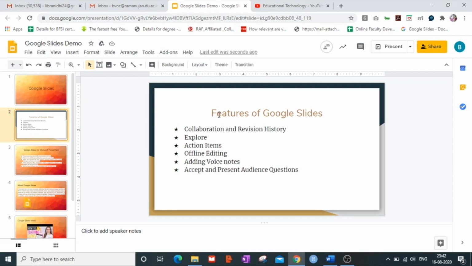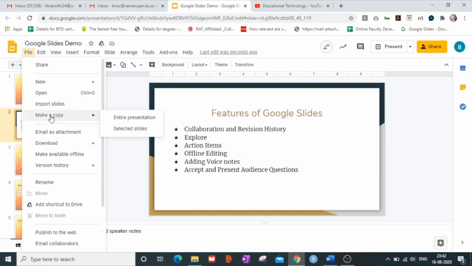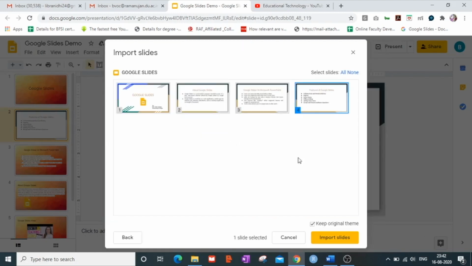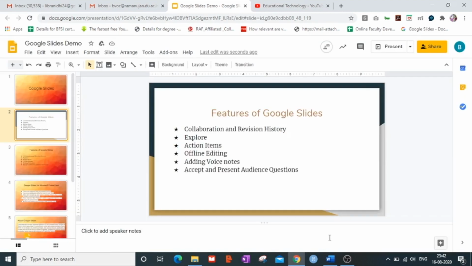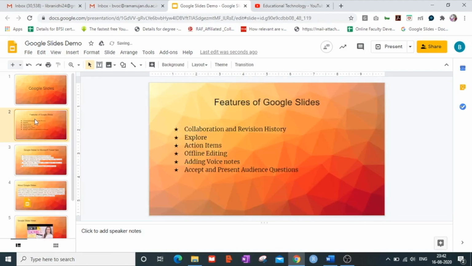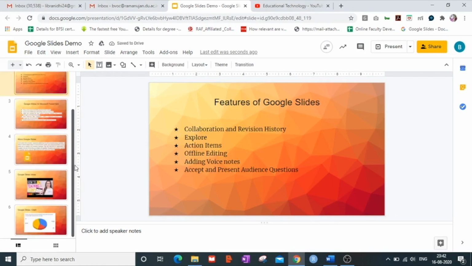Now I am not interested in this particular theme and I want the theme which I am using in these slides to also be copied in this particular slide. For this, I go again on File Options and go on to Import Slides. Click on the certain slide that I want to copy, uncheck this checkbox and then click on Import Slides. So now you can see that the material has been copied as it is except for the theme which was originally present there. I now delete this extra slide which I had copied in order to show you how this works.